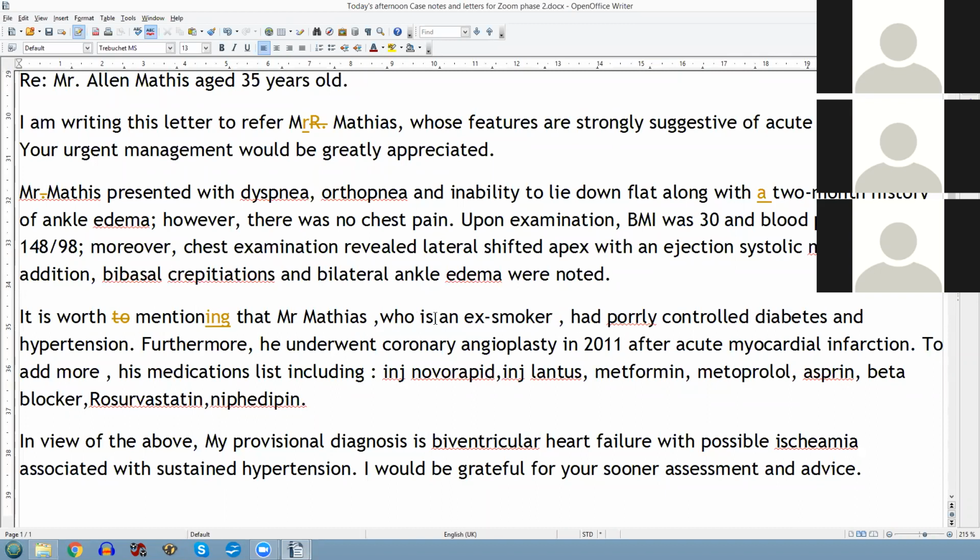He was an ex-smoker, had poorly controlled diabetes and hypertension. Furthermore, he underwent... instead of using that, you could join these two sentences, as well as undergoing a coronary, etc. "To add more" we wouldn't say, nobody uses that. Including if you'd be above my prison like this, okay, with possible, I'd be great for your